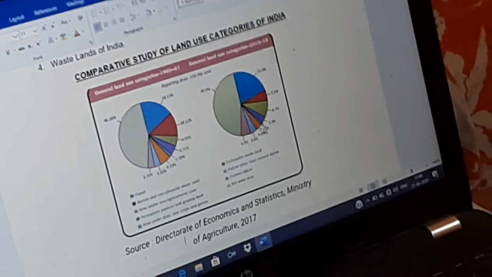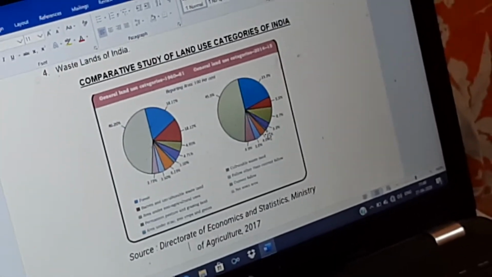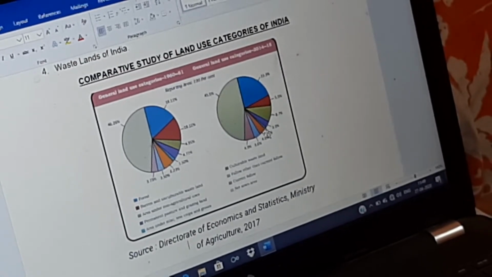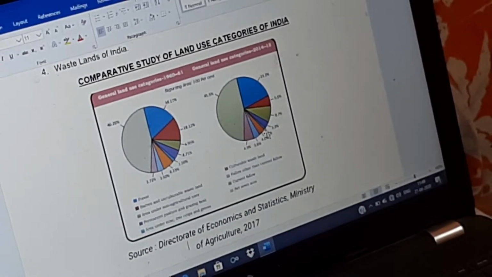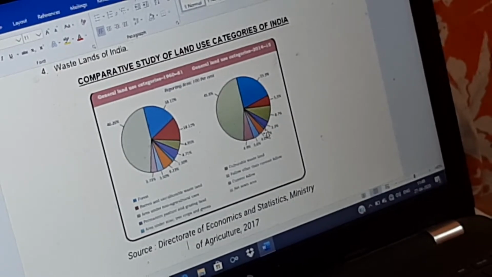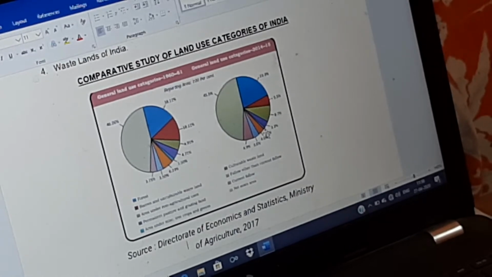Now net sown area means what? It is the part of the land that is cultivated to meet the demand of the food supply. So rather than increasing, the percentage of the net sown area started declining. Why is it so? Because the population has increased in such a way that the size of the farmland started shrinking, and to support the settlement activities, the transportation activity, and the other industrial activities, the net sown area, that is the farmland, is diverted to these other non-agricultural activities. Thus the net sown area has been reduced.